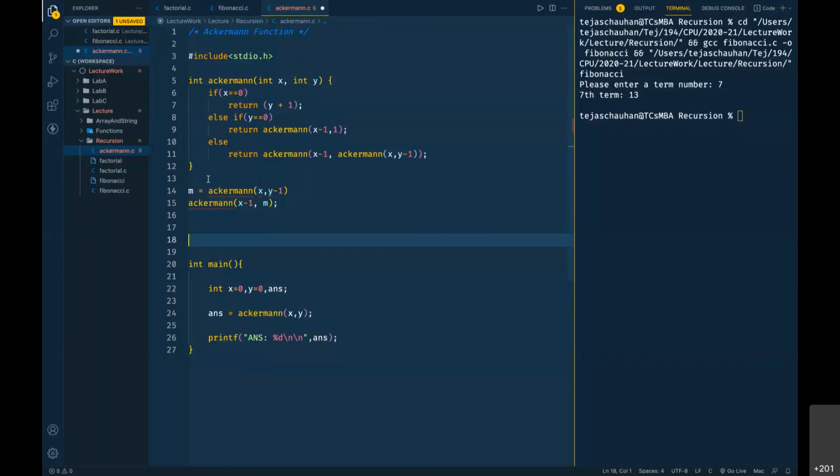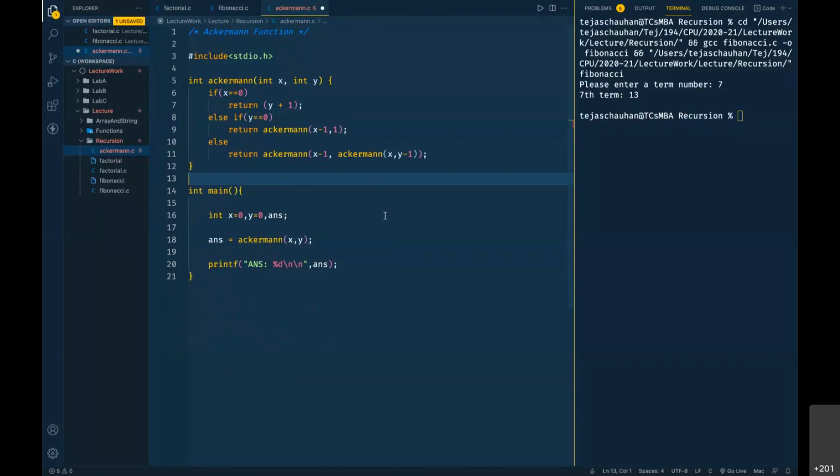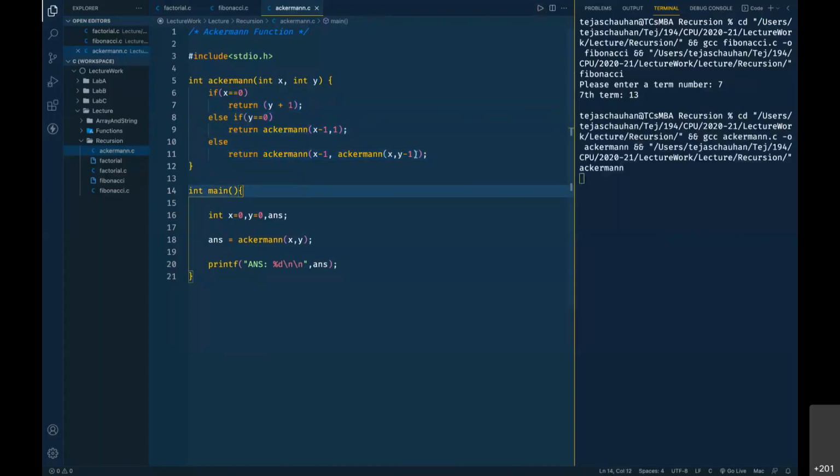So let's get back to the point. This is the Ackermann function implementation using recursion. Now if we run this code right now, then what is our x? X is 0, y is 0. So 0 0 हमने पास किया, 0 0 यहाँ पे मिला. If x is 0, so हमें y plus 1, 0 plus 1, 1 रिटर्न मिलेगा आंसर. यहीं से रिटर्न हो जाएगा, वो आगे जाएगा ही नहीं. So if I run this code, final answer will be 1. So it's 1 here.